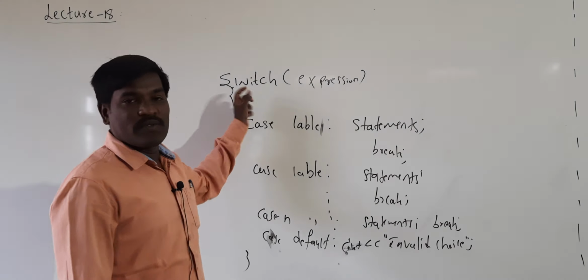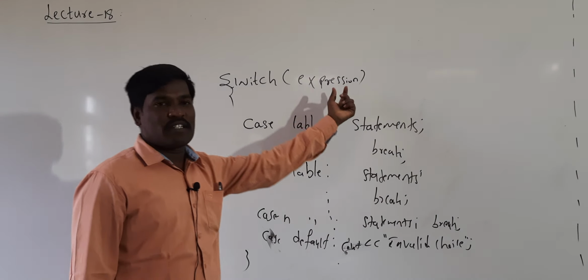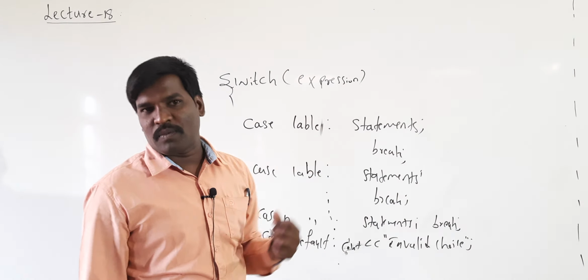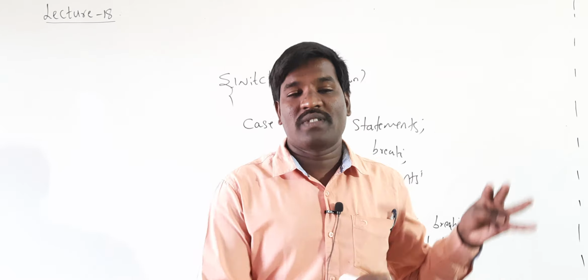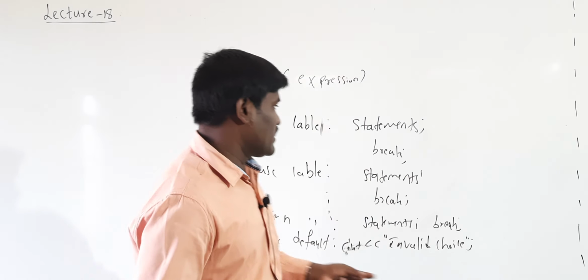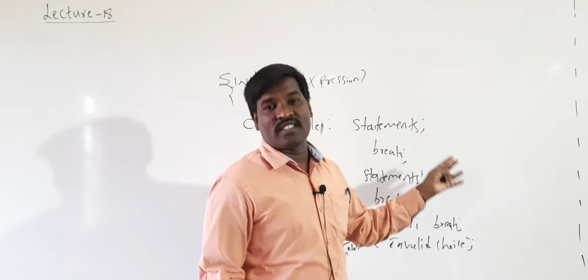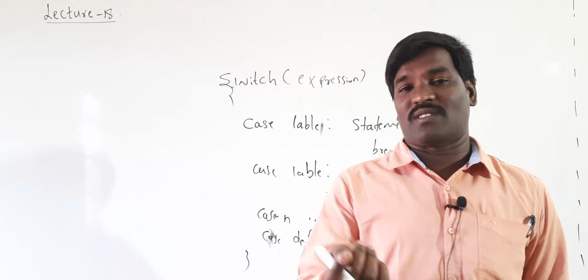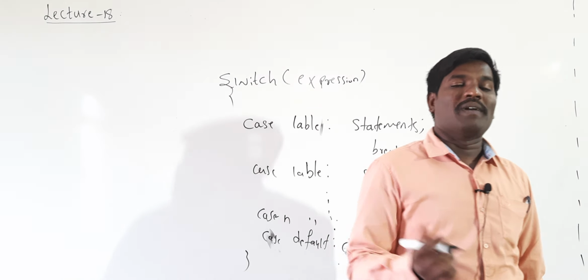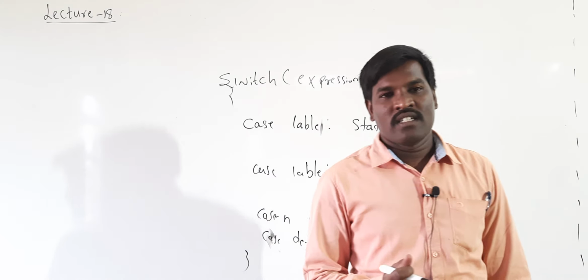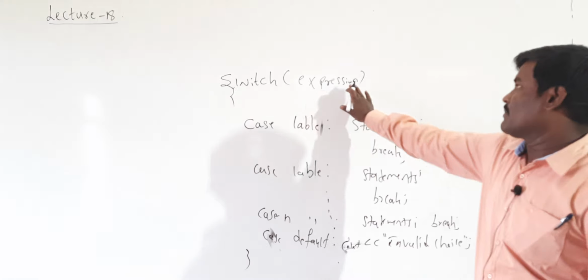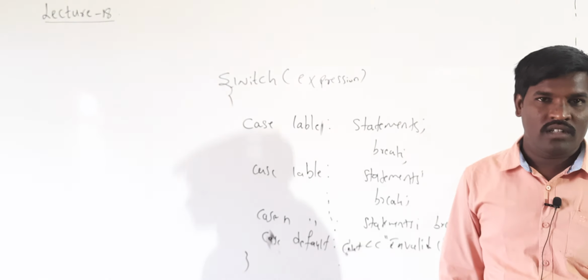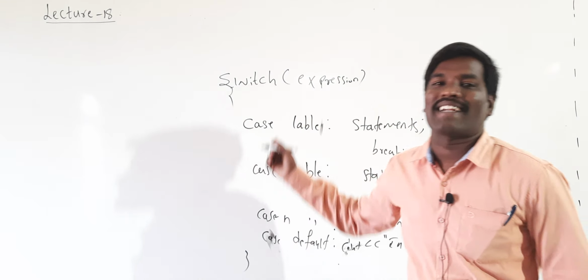See here, switch is the keyword and for the expression, you can write the expression or you have to write the character. So it depends on the option type. See here, I have to write some options. 1 is for addition, 2 is for subtraction, 3 is for multiplication and 4 is for division. So if you want to execute the options 1, 2, 3, 4, it must be an integer. Otherwise you have to take the character.